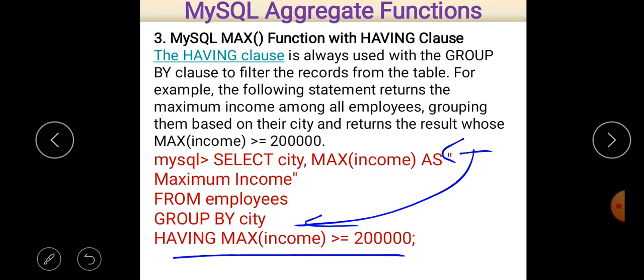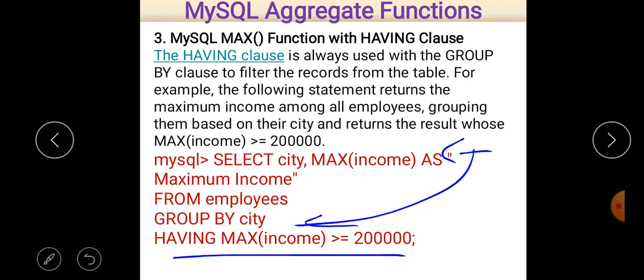That is a condition which applies to all the groups, and only those groups that have maximum income of 2 lakhs or more are displayed on the screen. So the simple thing is that the having clause is used when we want to apply a condition on a particular group.